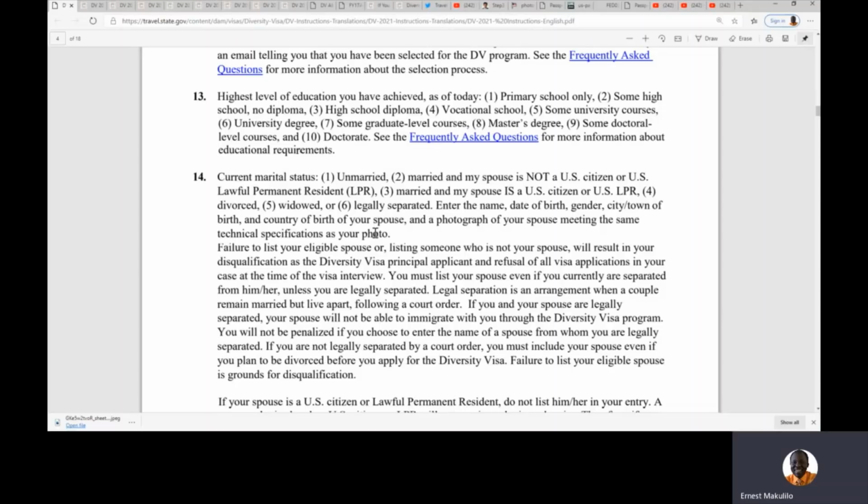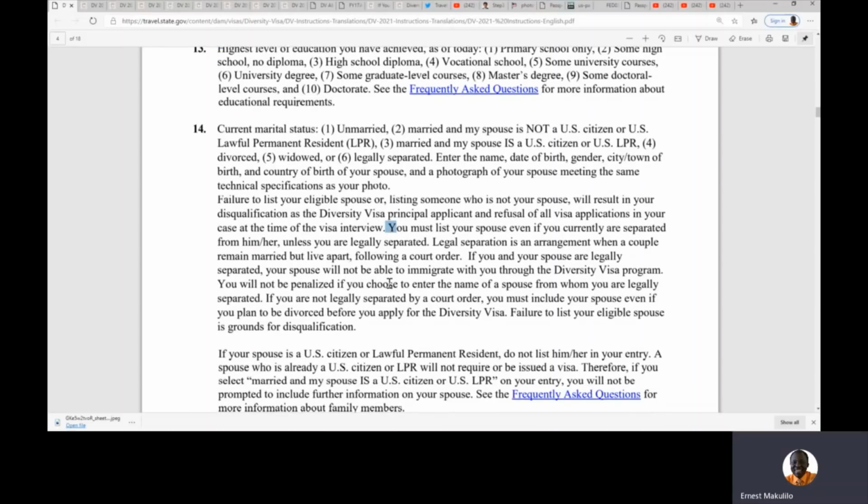Don't put unmarried. If you are married, you have a marriage certificate. Then I will come down here to ask you what is happening if you put you are married but you are not married, or if you put you are not married but you are married. Failure to list your eligible spouse or listing someone who is not your spouse will result in your disqualification as